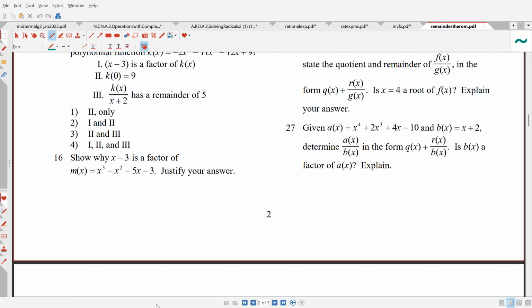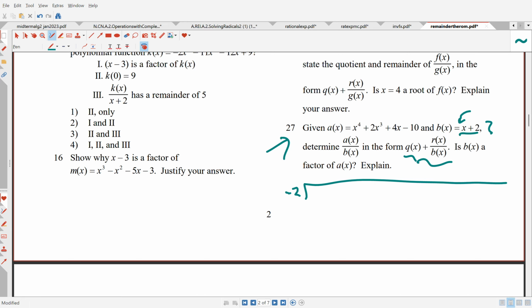Okay. When you see these crazy symbols like this, it just wants you to get the quotient and the remainder. Now, because there's no coefficient in front of the x here, it's a 1, you could do synthetic division, which this is the factor, so who would the root be if this is the factor? You change the sign for the root. So if x minus 2, you just put minus 2 as the root, and then we are going to do synthetic division, but